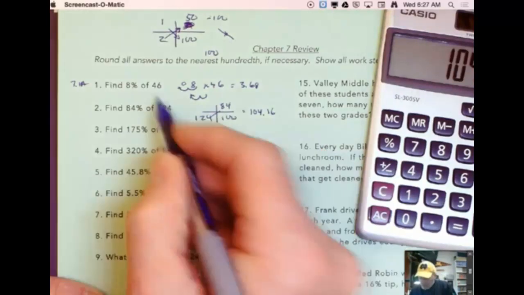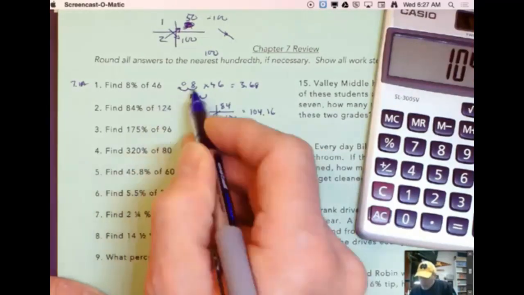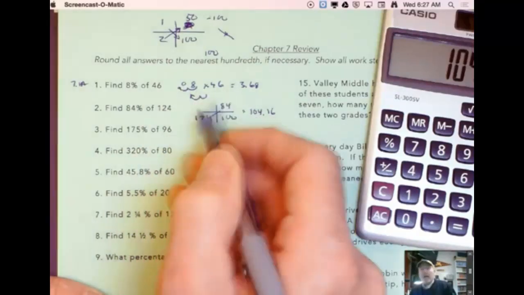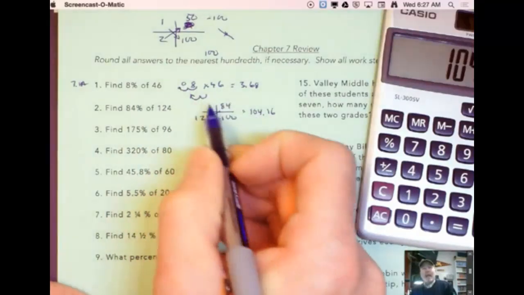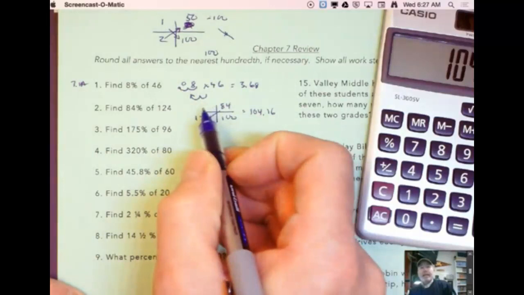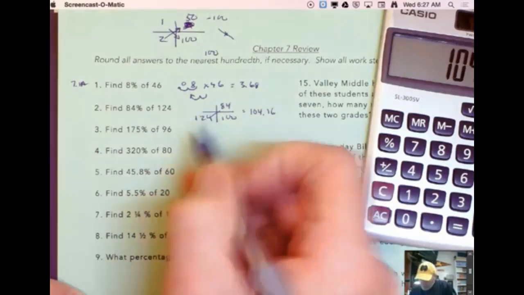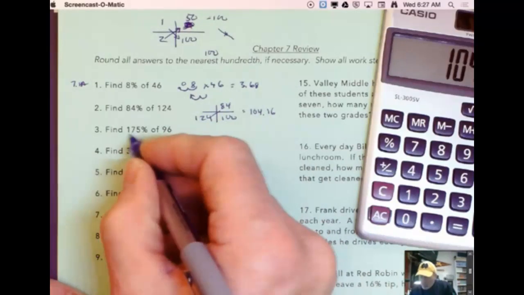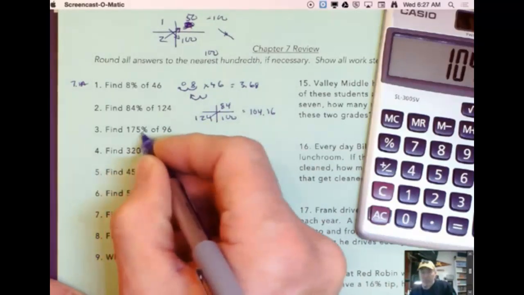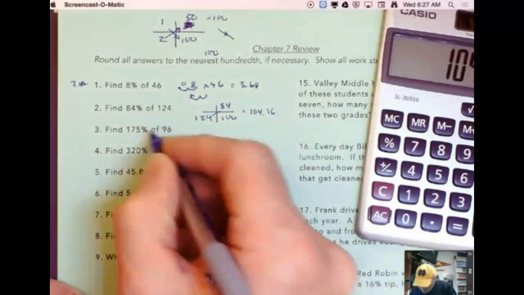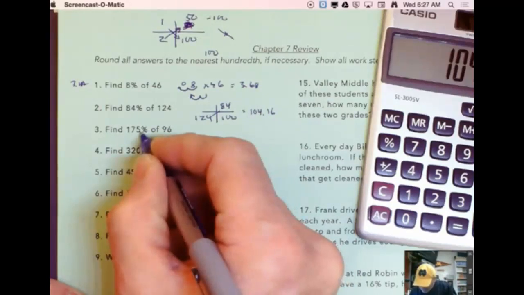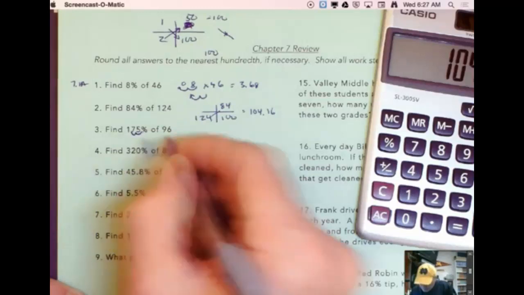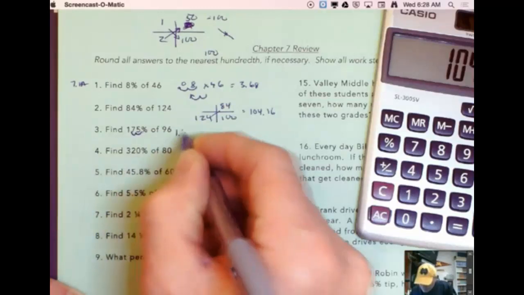Some of you, I'm afraid, are going to forget. Like on this 8%, you're just going to put in 0.8 times 46. 0.8 is 80%. It's like 80 cents. So I'm nervous about that. Just like on this one here, I think some of you will put in 0.175. Well, here's the percentage right here. We need to move that 2 spots. This is where the decimal is at the end of the number. If it's not there, 1, 2. So you actually put in 1.75